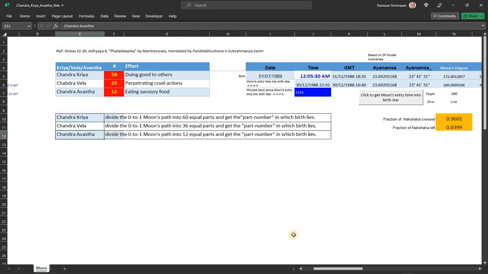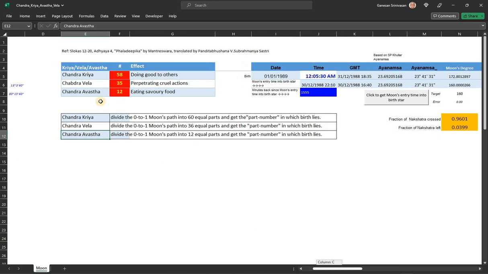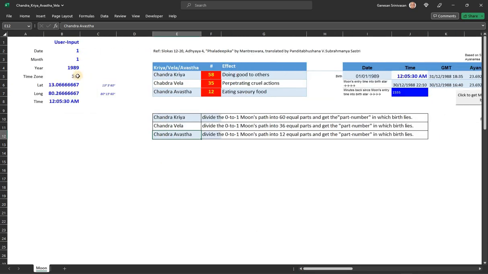So for your birth, you don't have to do anything. You just give your time of birth, date of birth, year, and then you will know what your Chandra Kriya, Chandra Vela and Chandra Avastha are. This can also be got for Muhurta, when you put the particular date and time that you are interested in. So this would be useful for us to choose the right Muhurta,